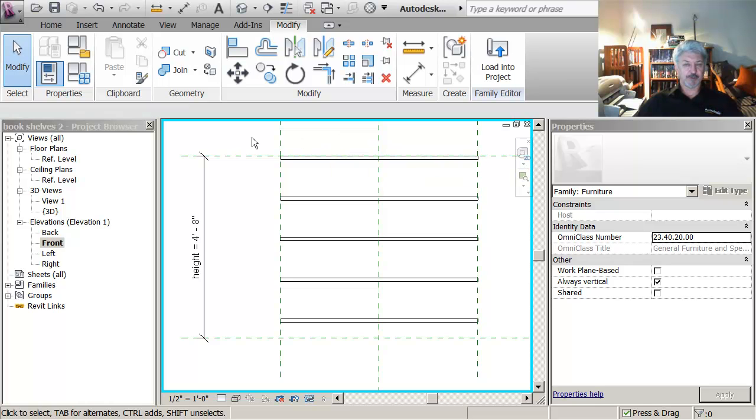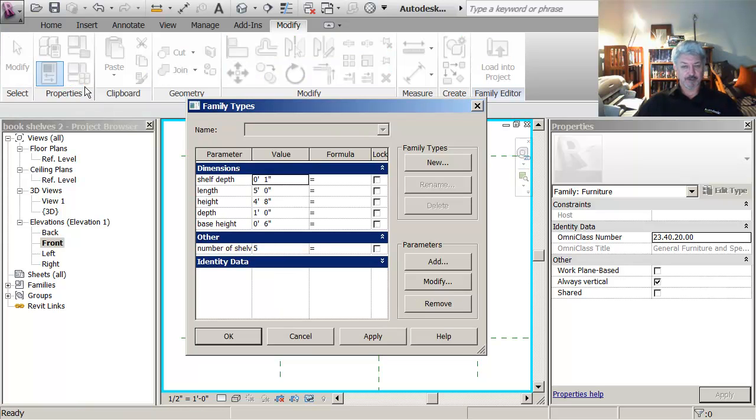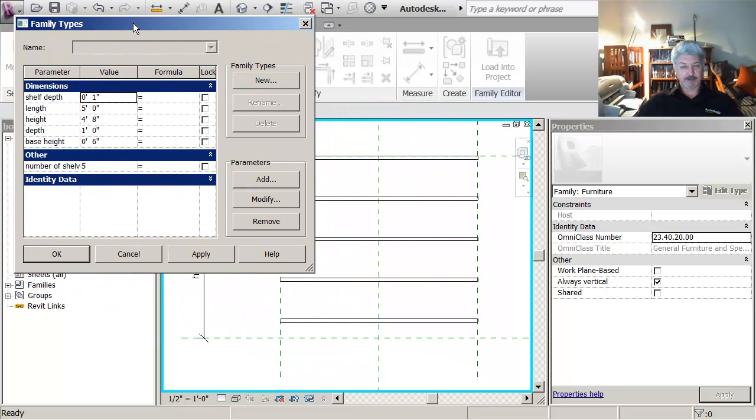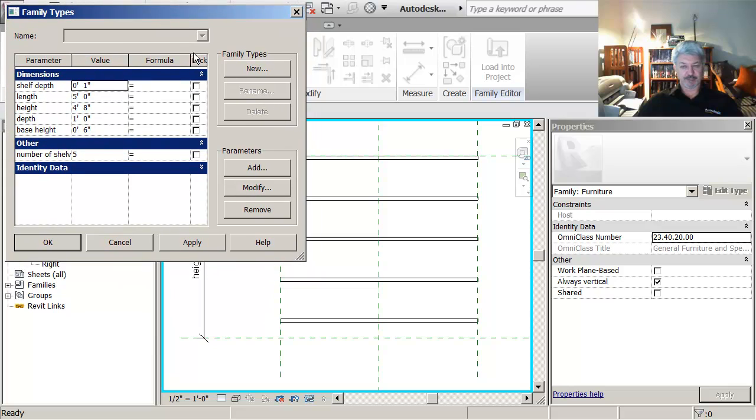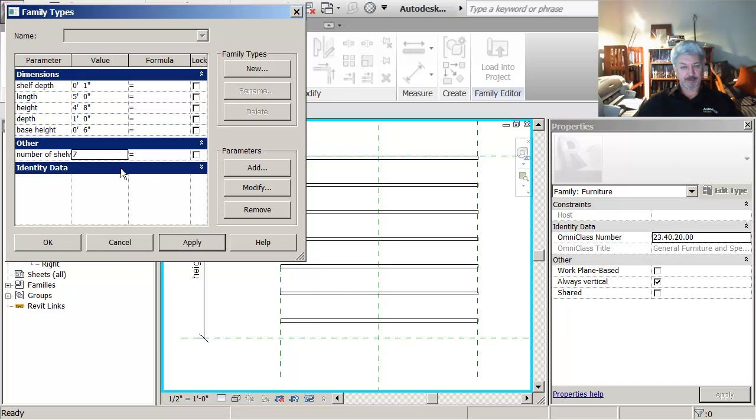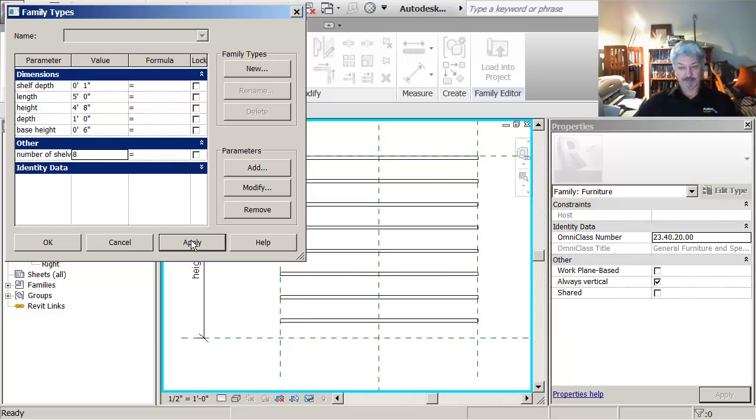Okay, so now what I can do is do the flexing that I'd mentioned. So if I come in here, I'm trying to move this up a bit. It's as far out of the way as I can get it. But if you see here number of shelves, if I said 7, apply, or I said 8, apply, right, I'm able to drive the geometry. So I've got one more thing to do here,